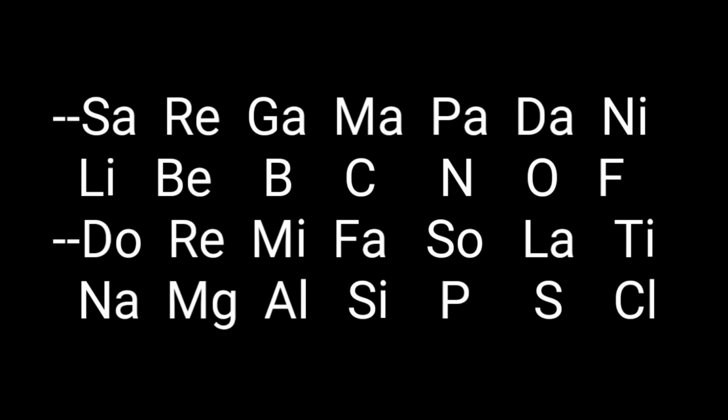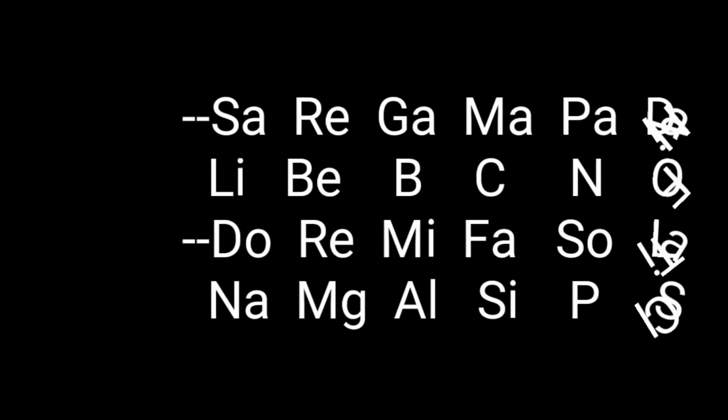Naturally, there must be some repetitions of notes. Every eighth note is similar to the first one, and it is the first note of the next scale. In a musical scale, any note in a key is separated by an interval of 7 notes. This must have made him force all the elements into this pattern, sometimes without caring about similarities. This is Newland's law of octaves.